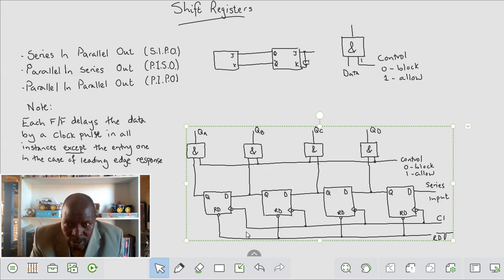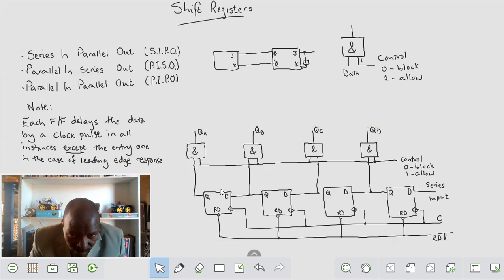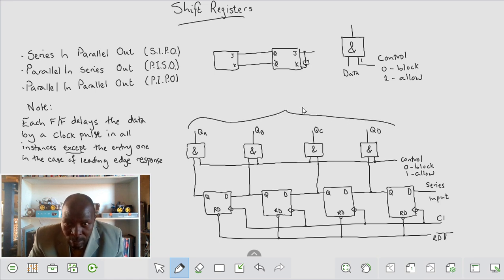Okay, previously we looked at our series in parallel out. Probably I neglected to highlight my outputs there, that this is our parallel output. It's been done before, but just in case, let's remind people that we need to show what is there. We show the input, there's the output. Nothing stops us also, because we can still get our series output from that